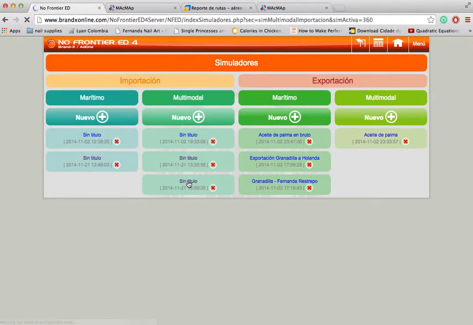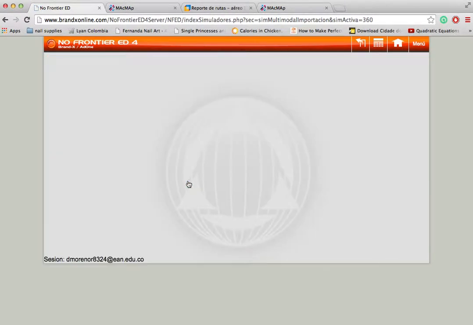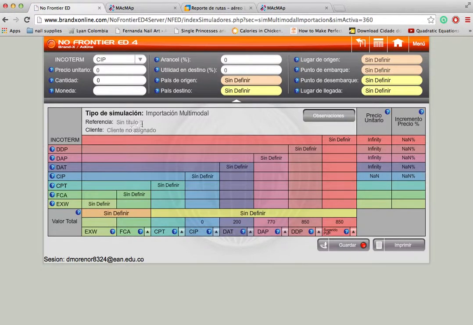here. So I'm gonna click on it, and it appears without title because I want to show you that you can actually type in the title of your preference. In this case, I'm gonna write Fernanda Restrepo, and in client, I don't know who my client is. Oh, let's say better Fernanda Restrepo as the client, because I am the one who's gonna make the import to Colombia, and the reference is going to be